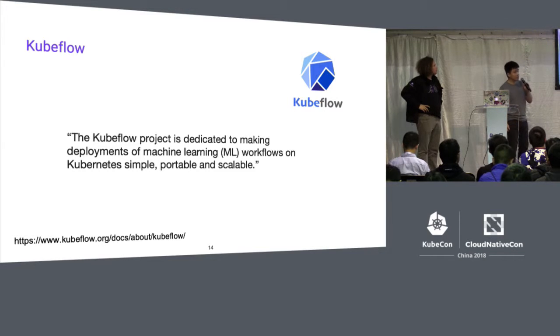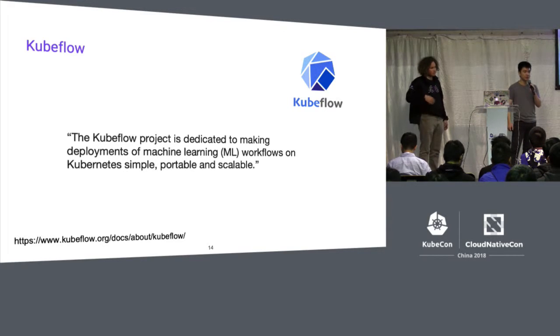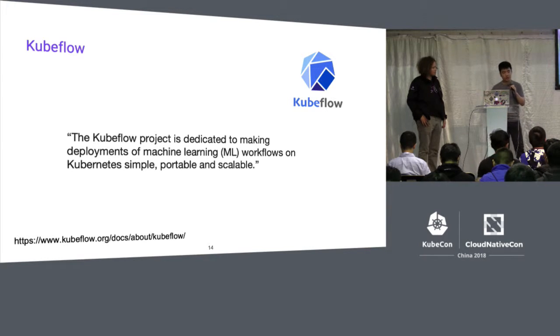This is a quick definition of Kubeflow for folks who never touched Kubeflow before. Basically, the Kubeflow project is dedicated to making deployment of machine learning workflows on Kubernetes simple, portable, and scalable. So yeah, scalability is always the biggest problem for system engineers. For distributed systems, it's never easy. You might hear a lot of stories from big companies like Alibaba, Tencent, and many others like Google, Twitter. They scale up to hundreds of thousands of machines and even 1 million machines.